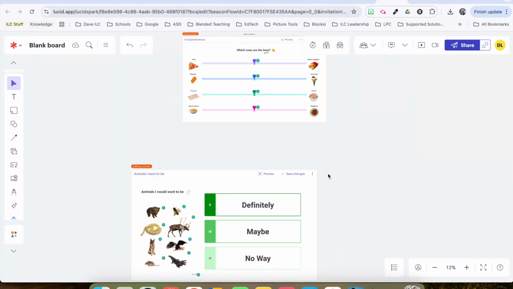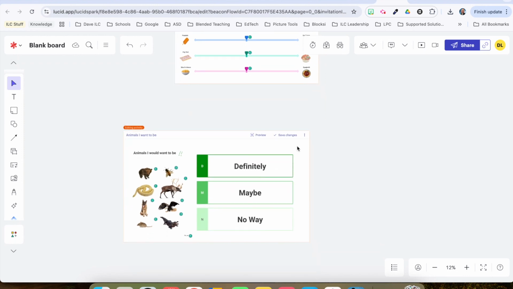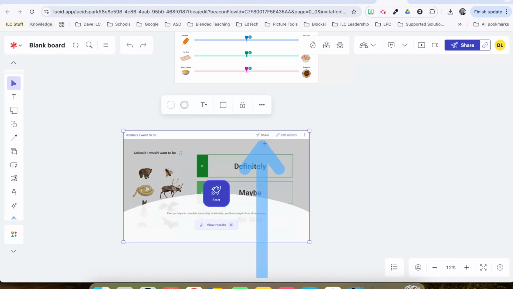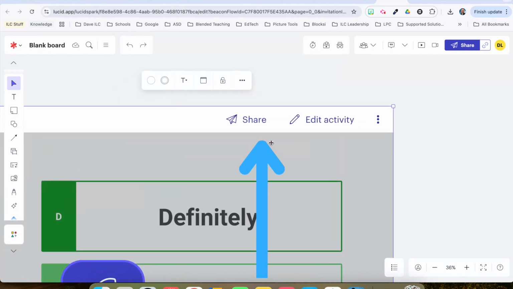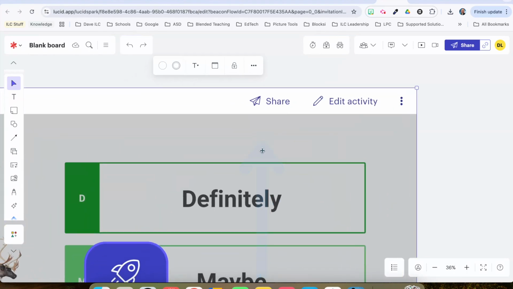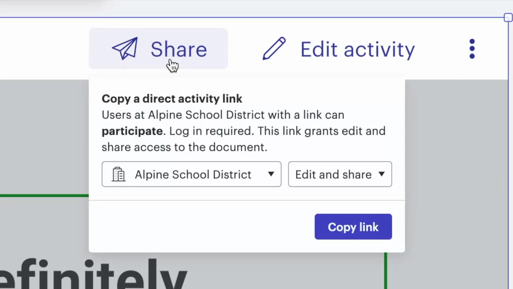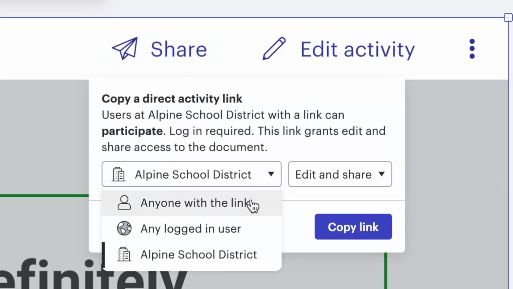Okay, now that you know how to create one in Lucid, let's talk about how you're going to get this to students in Canvas. Really, the easiest way to do that is to click on your board here. So don't do this one, but you're going to come here and we're going to save changes. And now you can see there's a share button on your actual activity. You want to grab that share button. You want to say that this is anyone with the link